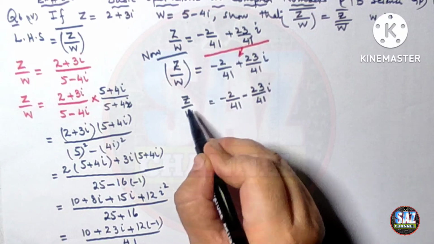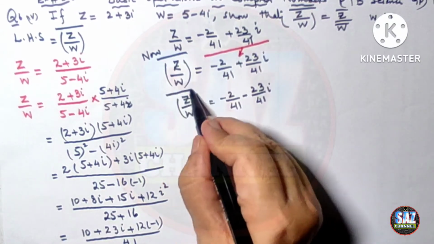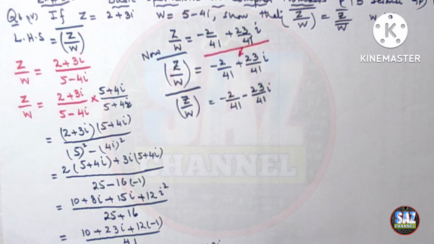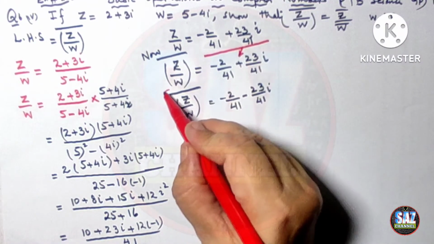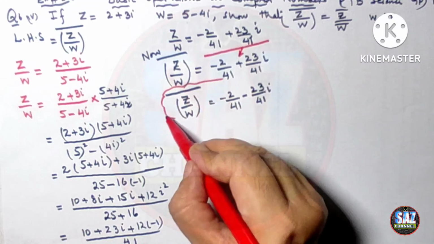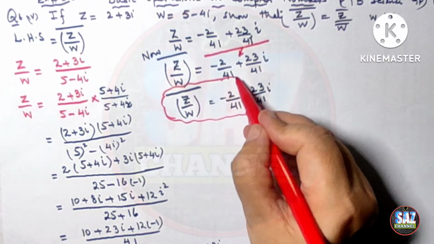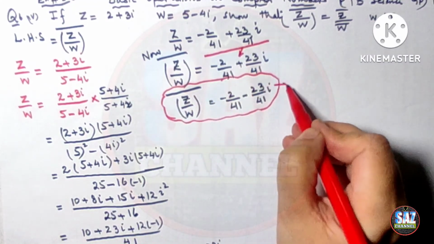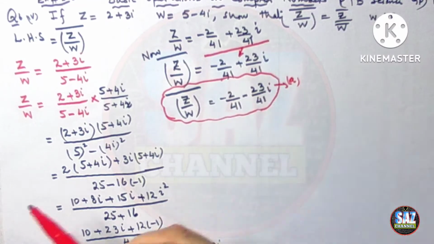This is minus 2 by 41 and 23 by 41 iota, and this is (Z/W) whole bar. And let me block this answer so that I can compare in the later part, and I have to observe as well whether the answer of both the sides is coming same or not. And now